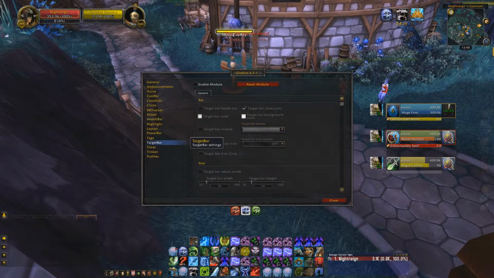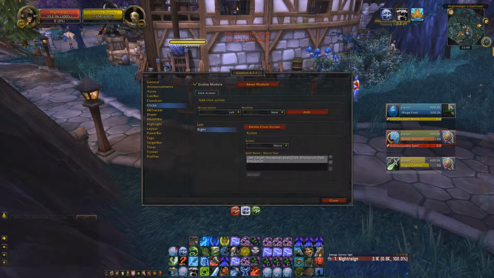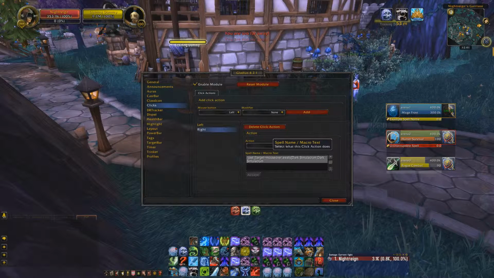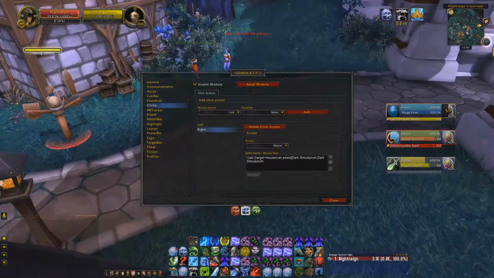So I'm not sure if many people know this, but in Gladius, if you go to clicks, it has an option for you to set it to other things. Now, basically, what you can do is set right click to whatever ability you want it to be. The way you do that is you set it to macro and put target equals mouseover exist,